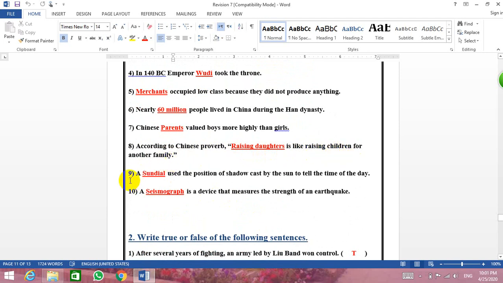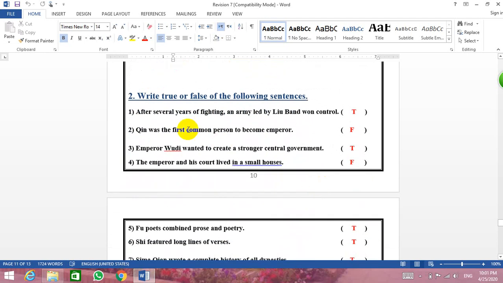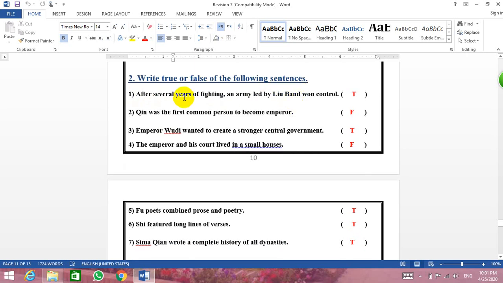Okay? Point number 9. A sundial used the position of the shadow cast by the sun to tell the time of the day. Point number 10. A seismograph is a device that measures the strength of an earthquake. Okay, here we have question 2, that is true or false. Write true or false for the following sentences. So number 1,